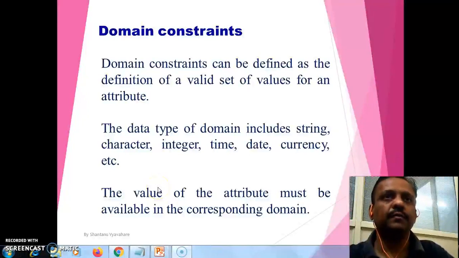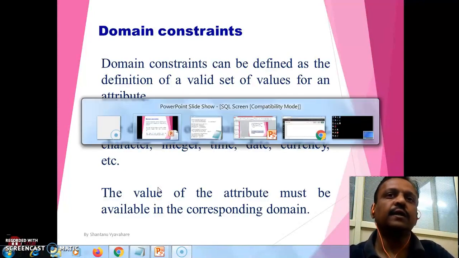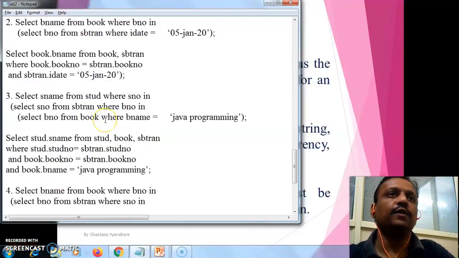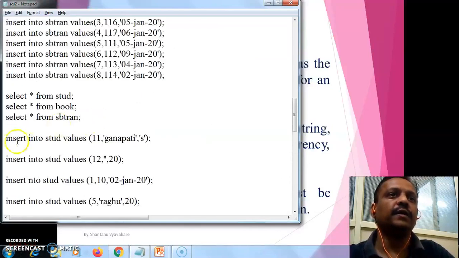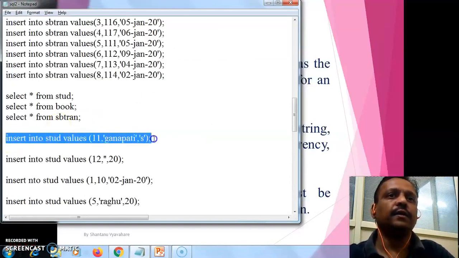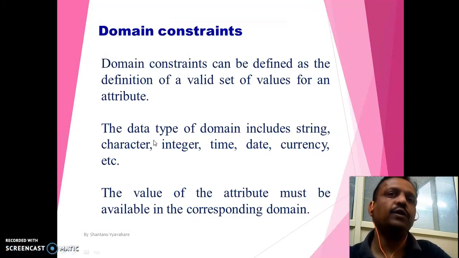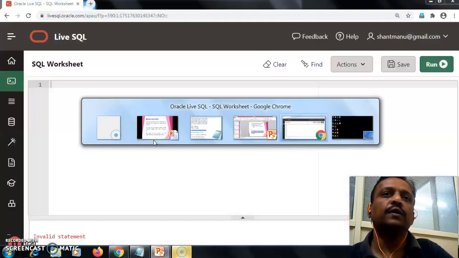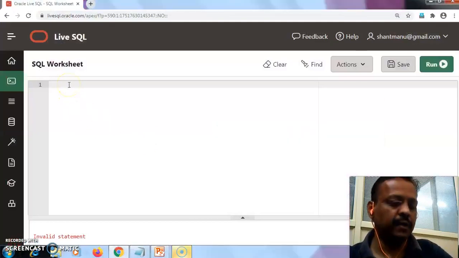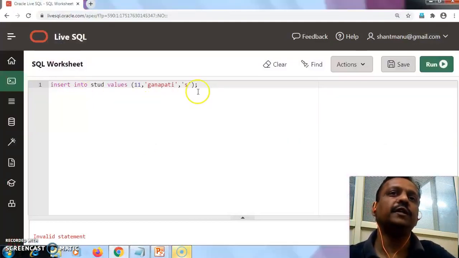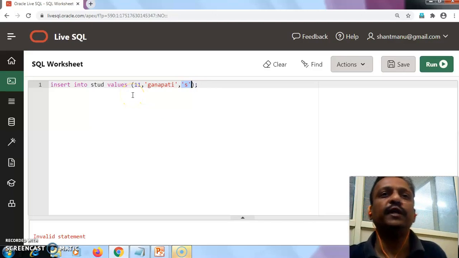Let us see some examples of the integrity constraints. First is the domain constraint. In the domain constraint, there should be a proper value inserted into the table or column while inserting the record. Here I have inserted an invalid value into the student age.